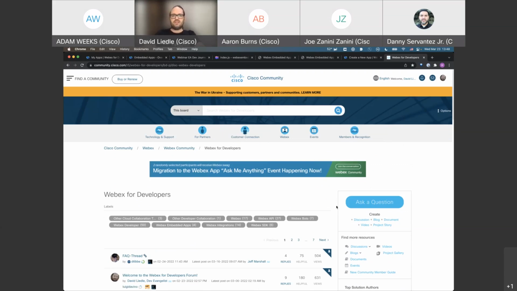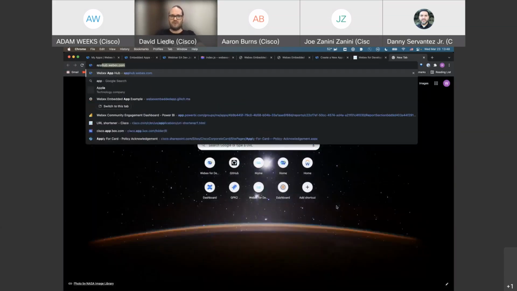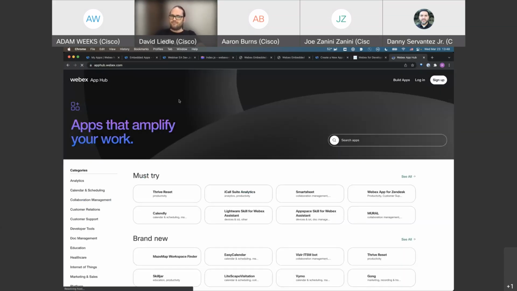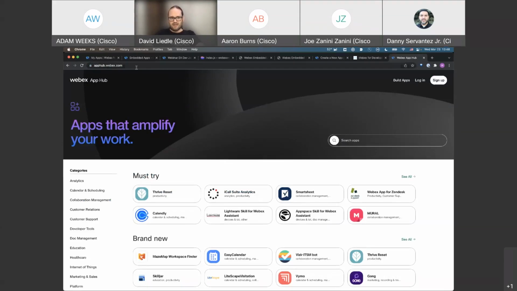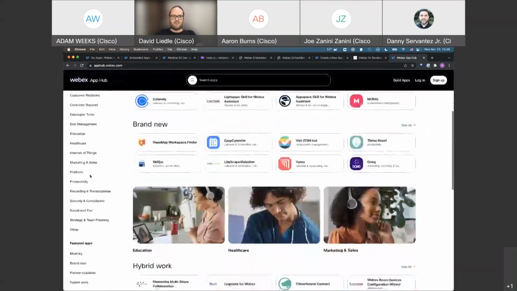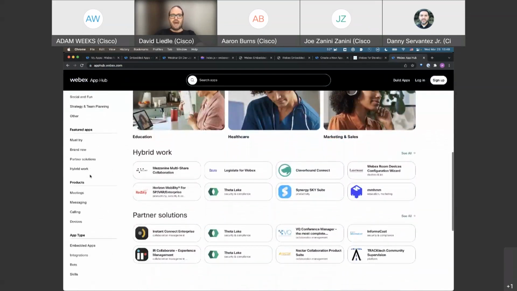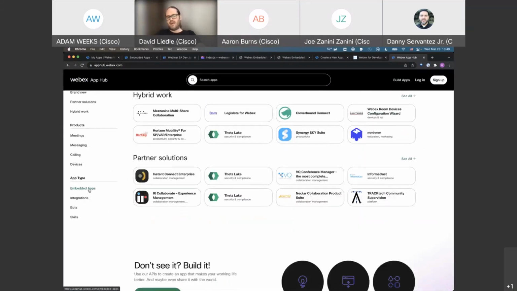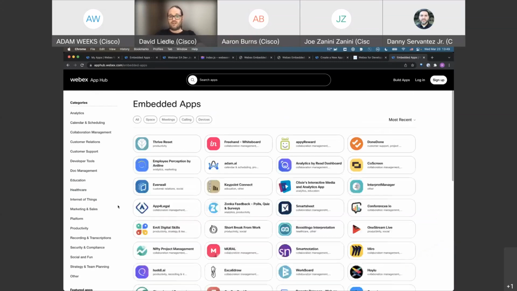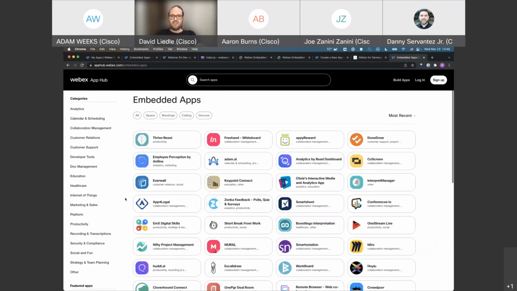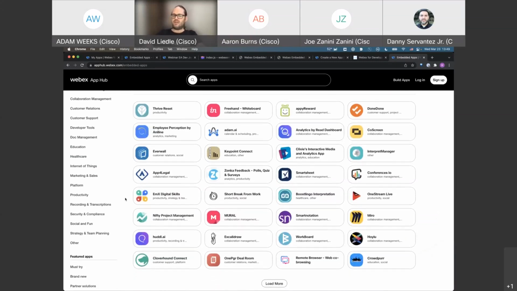But the place I wanted to show you here is the partners that we've been working with. This is the App Hub. It's apphub.webex.com. On the left side, you've got all these categories, but scroll down until you get to app type and you see embedded apps there. When I click that, look at all of these. These are some really cool products. So if you'd like some inspiration, you want to see what it is that people are doing with embedded apps,